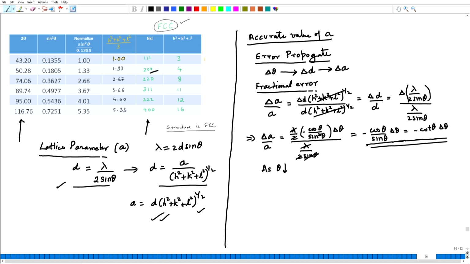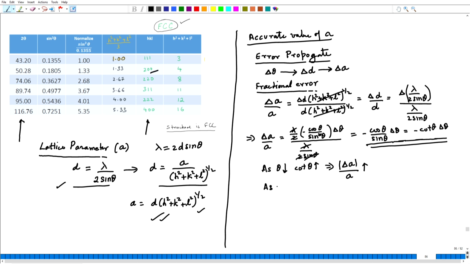As theta decreases, clearly the cot theta value will increase, which implies, and if I just look at the absolute value of delta A upon A, this will increase. So, here as theta is decreasing, the error in calculation of lattice parameter is increasing,